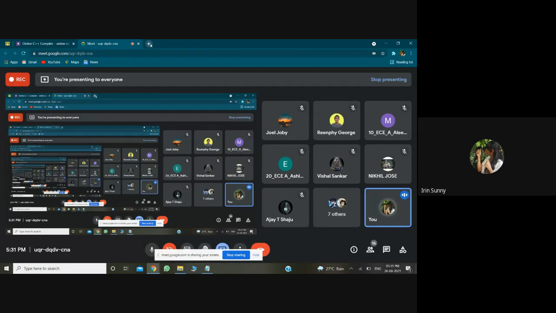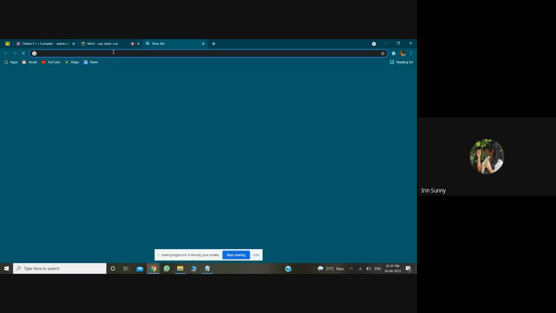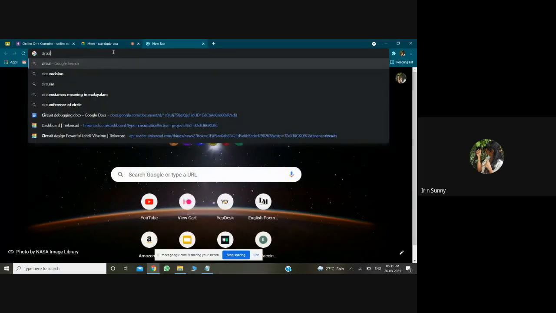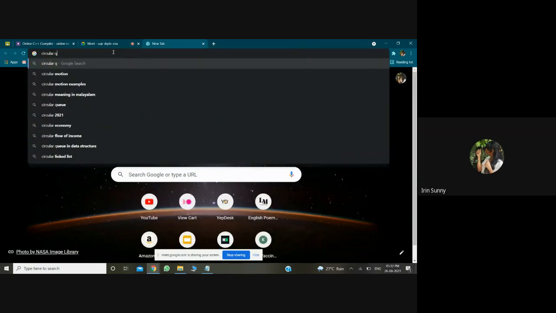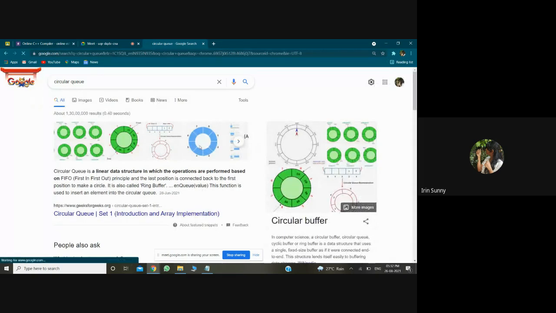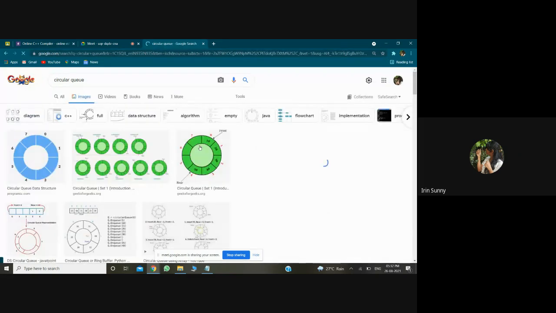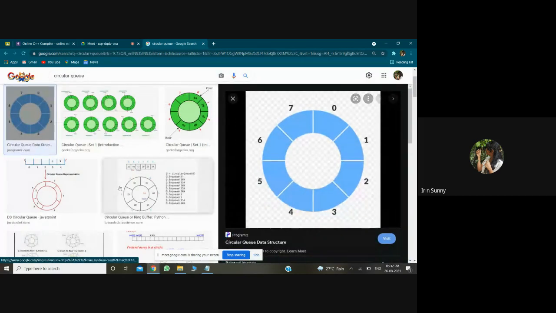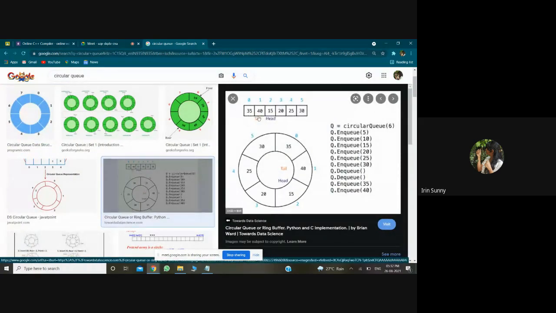Since we have time, I'll teach you something about circular queue too. There is a normal queue that we learned, and I'm going to teach you what a circular queue is. A normal queue is a straight line. Here, if I remove 0, then the front will point to 1.